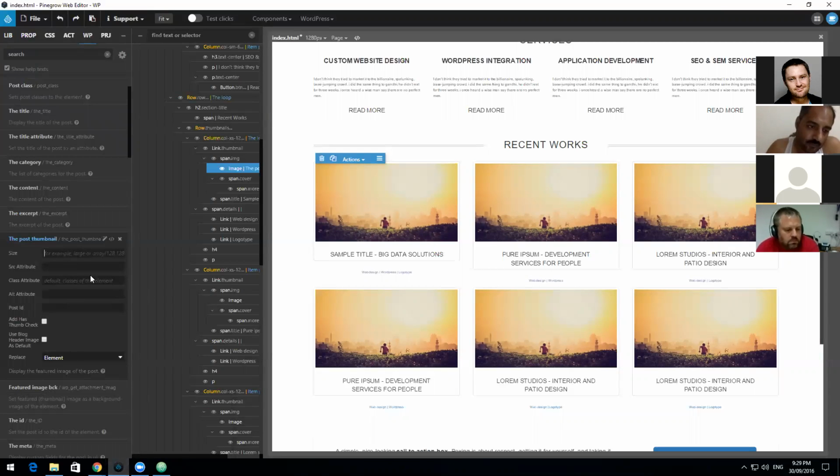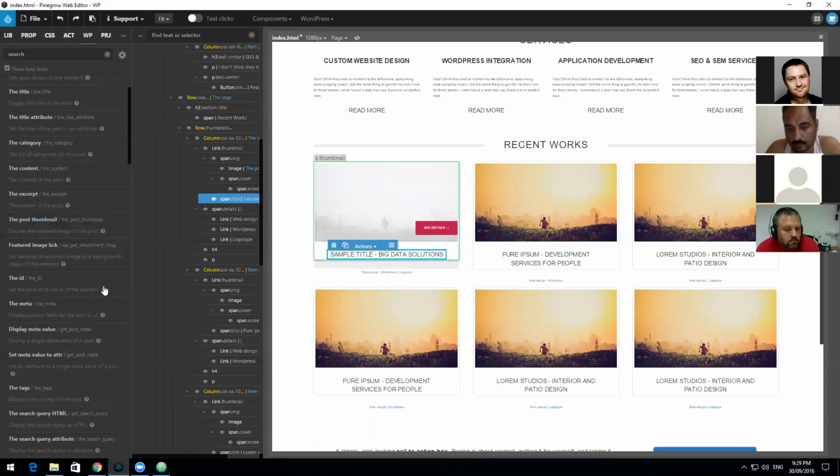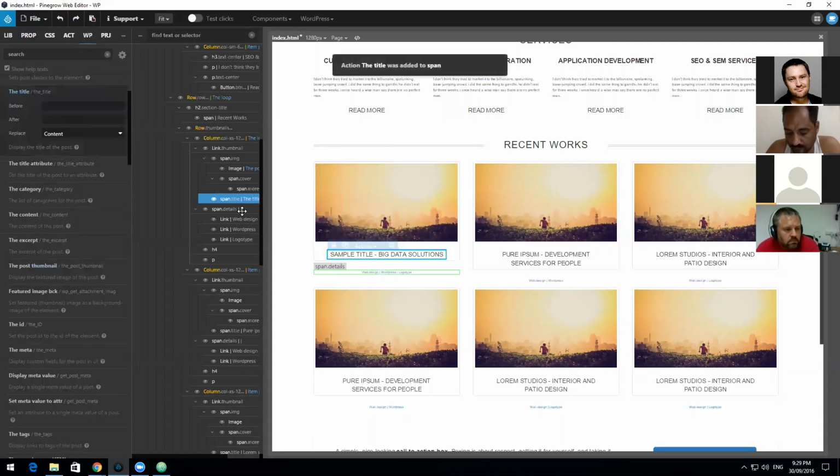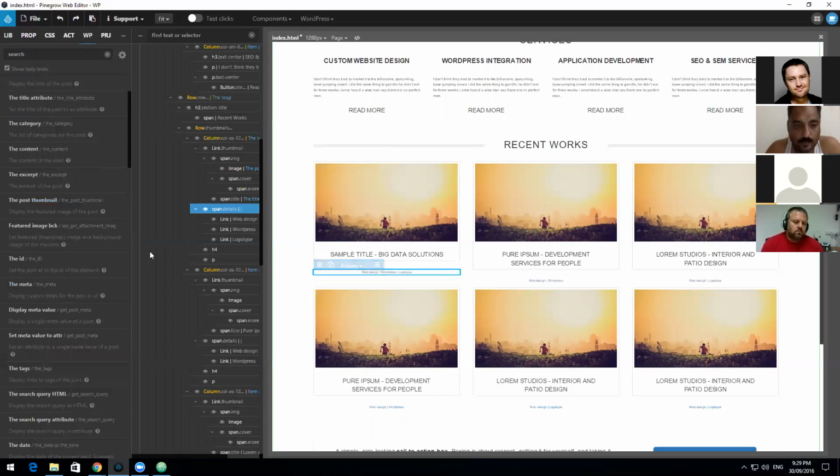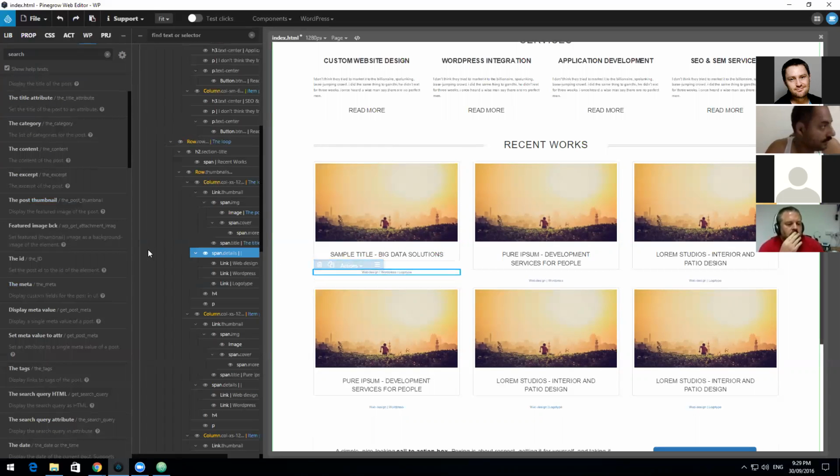So the post thumbnail will be medium size. We're going to check that it has an add as thumbnail check, and we're going to replace the element. Then we're going to click on here, and we're going to get the title. Then we're going to click on here, and in here